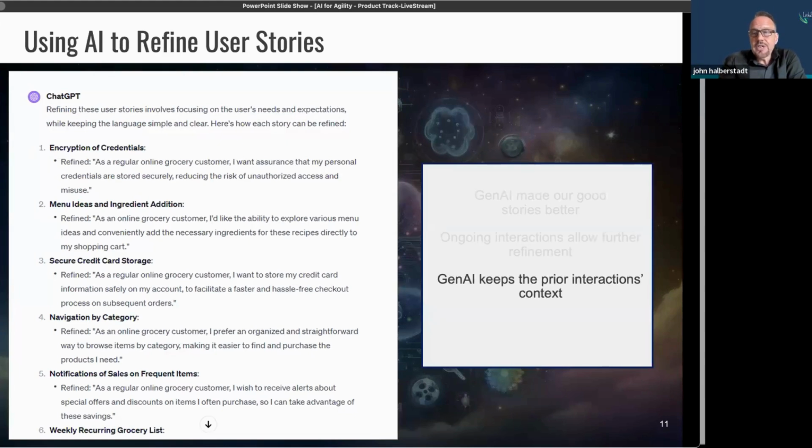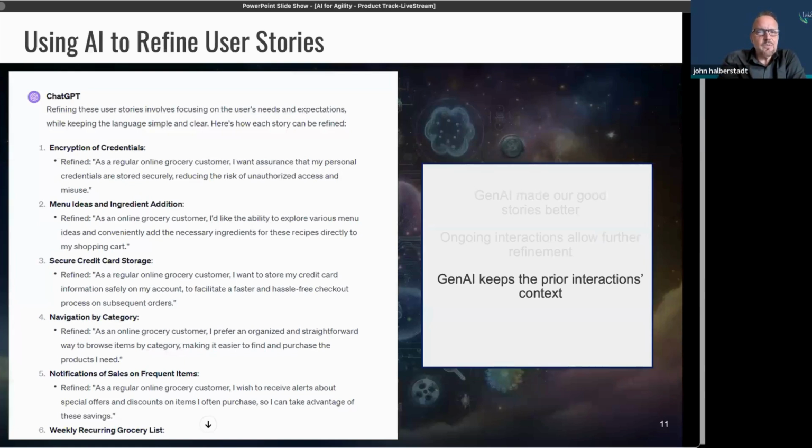It has the prior interactions information in context, so I can continue. Again, I don't like to anthropomorphize these tools. I don't like to treat them like they're humans, but there are some things about how humans communicate that I think are really good analogies. If I'm talking to a human and they say something back to my request, some of it may make sense, some of it may not, or it may just spur a new idea. Either way, I keep that conversation going. Hey, what about this? What about that?